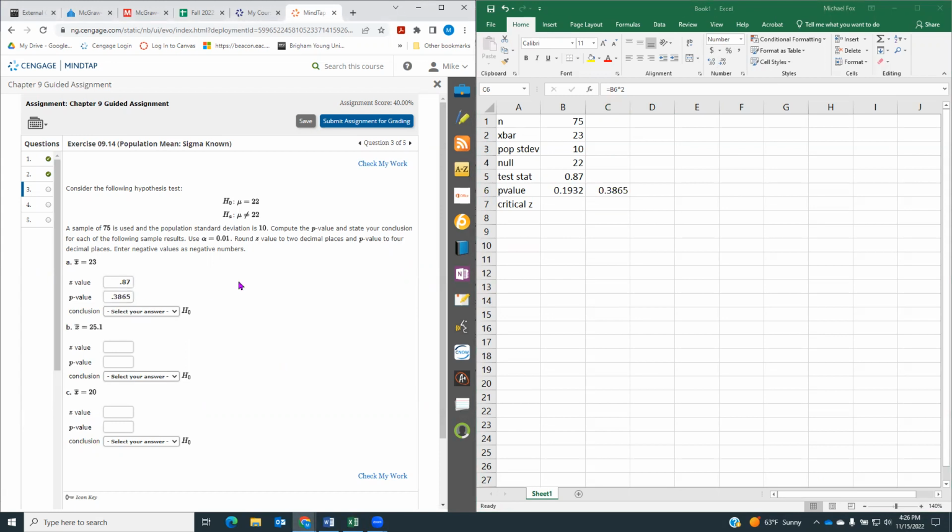And then we're going to compare that to our alpha. Our alpha is 0.01. So if our p-value is higher than our alpha, we will choose not to reject the